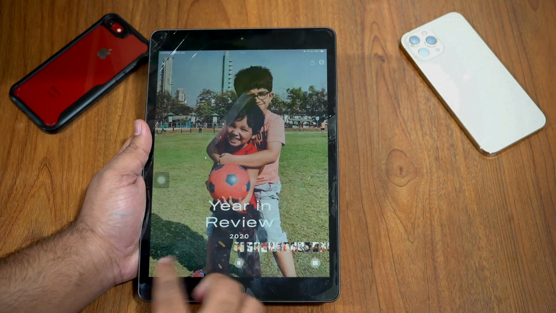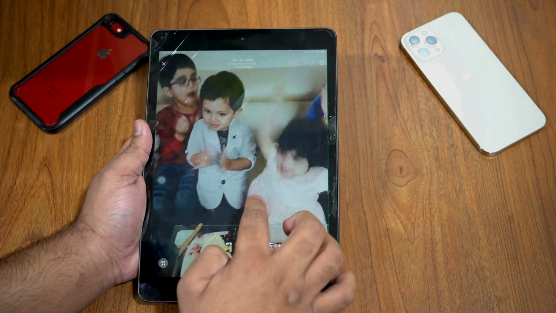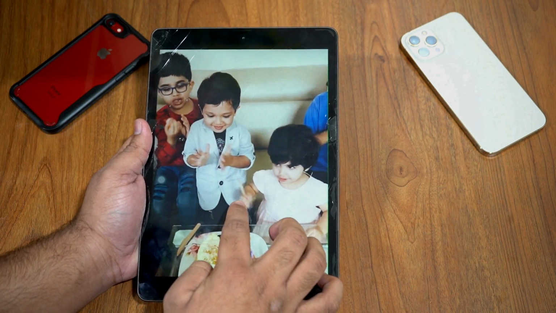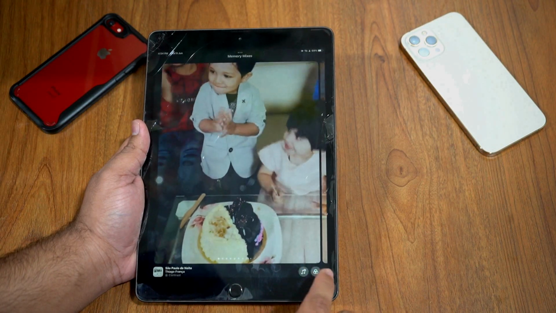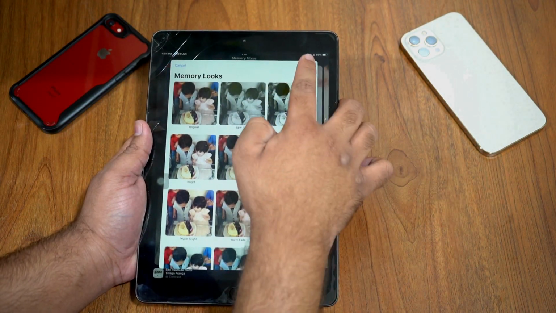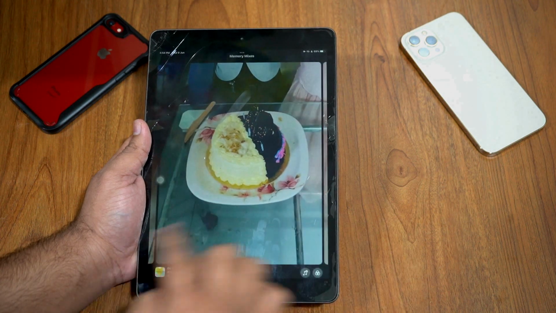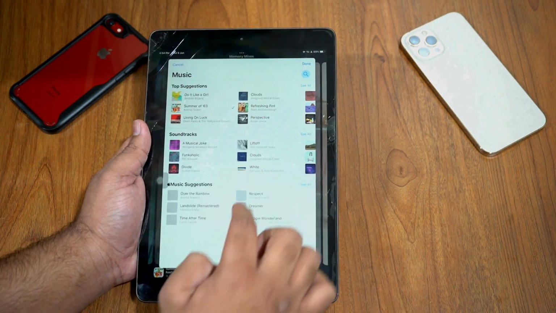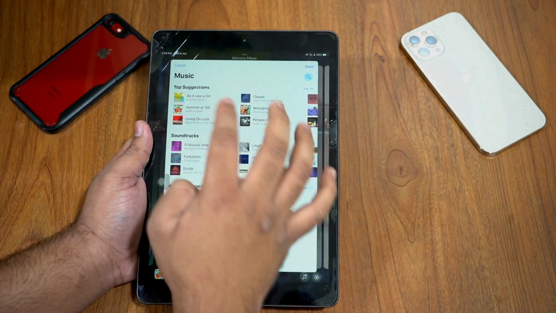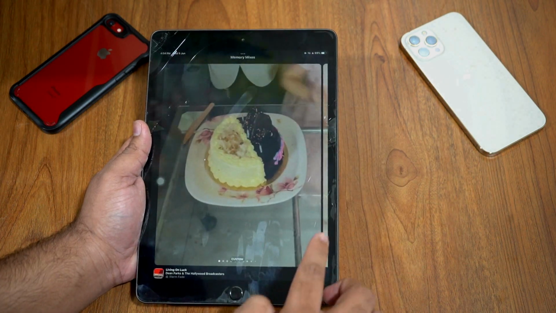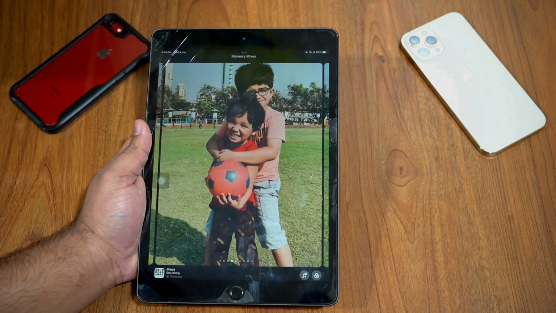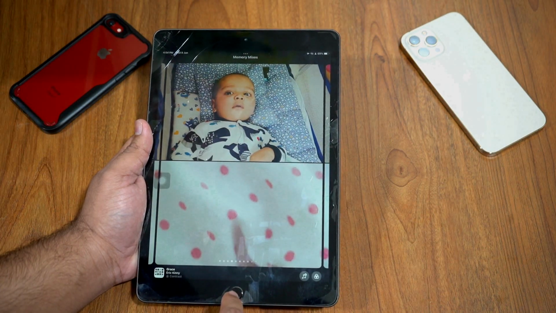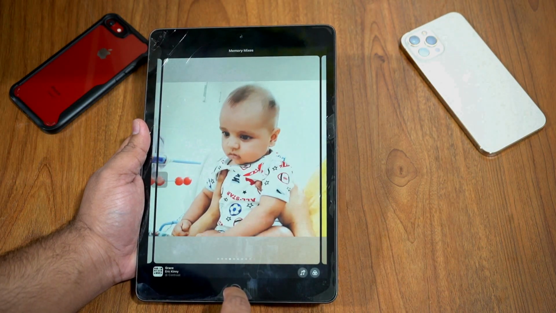Memories has a new look with new adaptive titles, transitions, and animation styles. You can also play and pause the Memories video, move to next or previous photo, or change the animations in real time. The app analyzes the photos and applies color filters suitably along with a matching audio. And now you can also choose music from Apple Music app, and it also suggests the best music which is suitable for your memories. Or you can choose any track manually as well. So that's all in the Photos app.